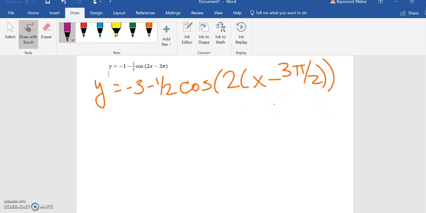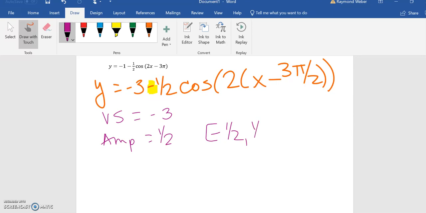So when I look at this, my vertical shift is -3. I'm going to go down 3. This tells me I have a reflection. And then my amplitude is 1/2, so I'm only going to go from -1/2 to 1/2. And this is actually going to be adjusted, because the vertical shift is going to adjust that. I'm going to actually go down